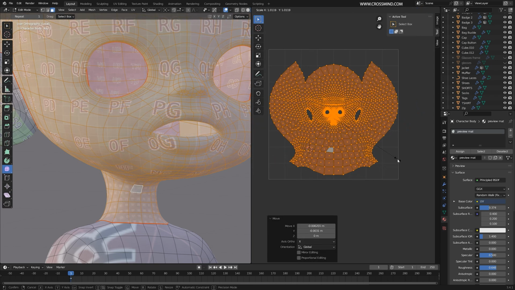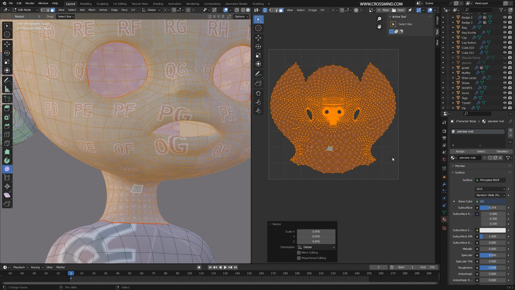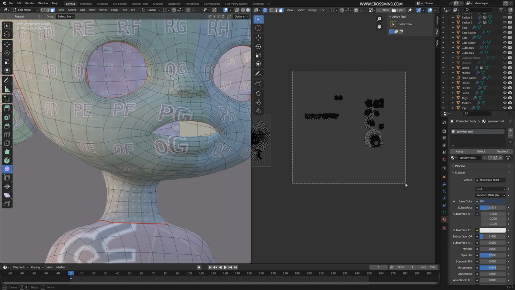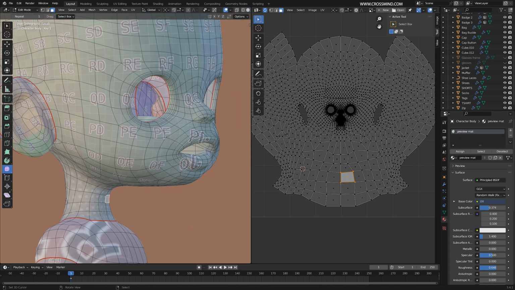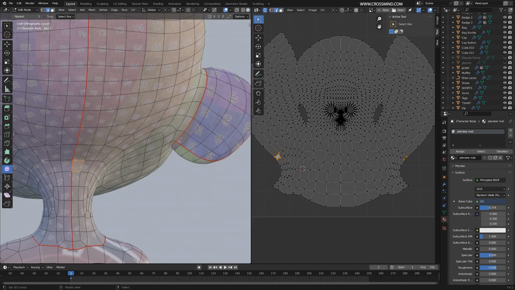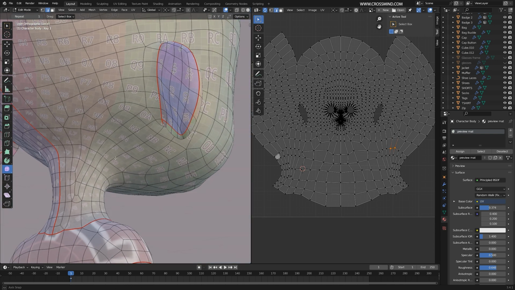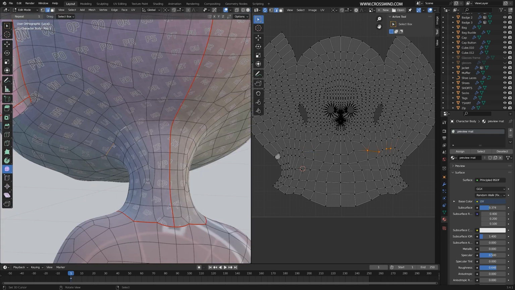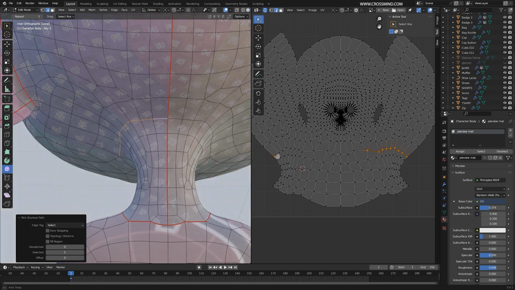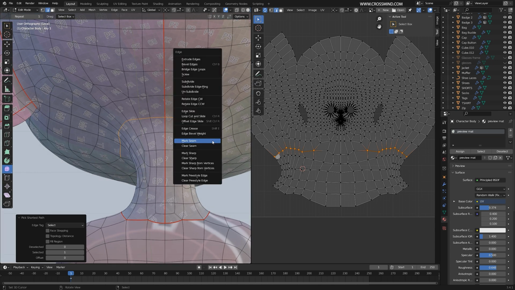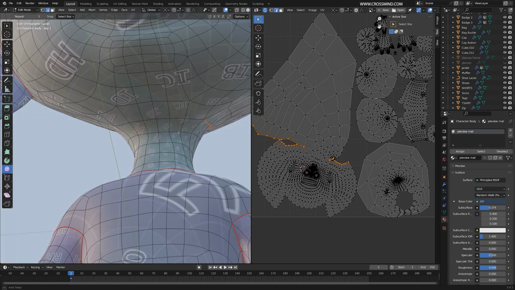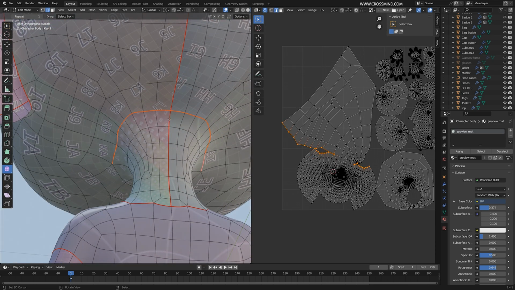So I'm just going to put the entire head in one of the UVs. Then maybe I can make a separate one for this. So it seems like we need a little more to unfold this properly. So I'm just thinking, what if I make a cut here? This is not really a character made in realistic proportions. So I'm just thinking, if I make a few cuts here, then maybe I can solve this.